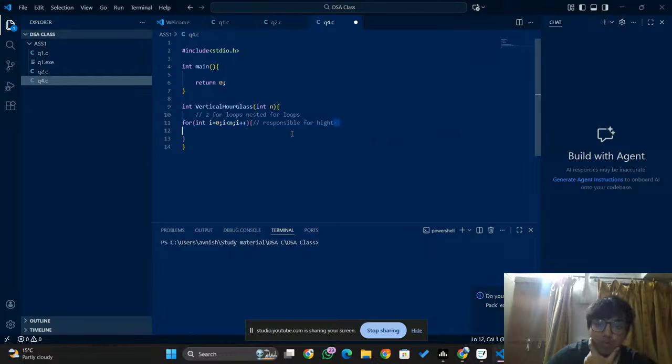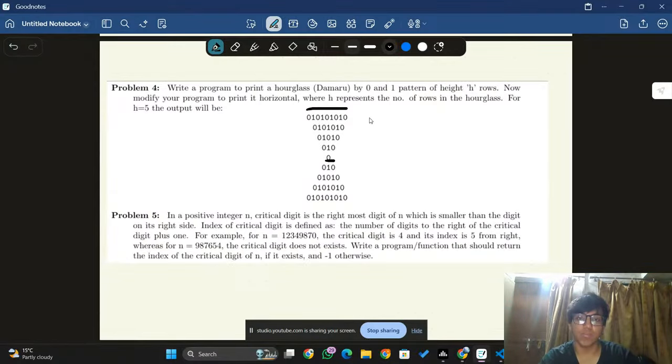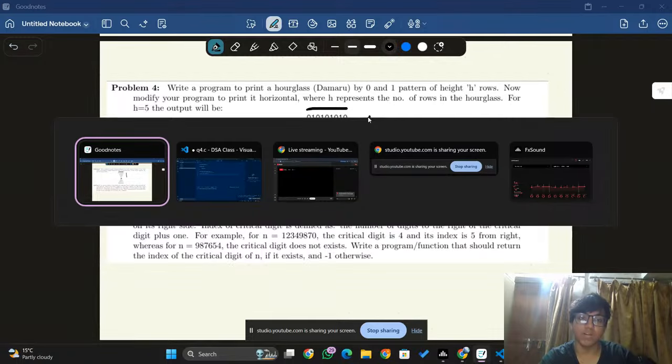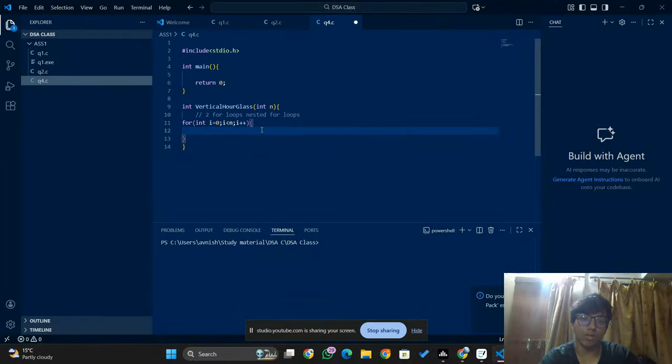All right, so we can do this. Okay, let's remove this comment. This doesn't make any sense. We will create two nested for loops inside each other. So for int i equals 0, i is less than n, which is showing. Let's just say that I want to print it till